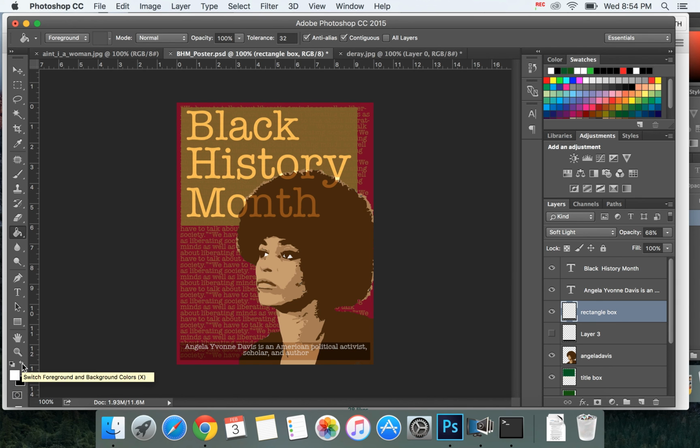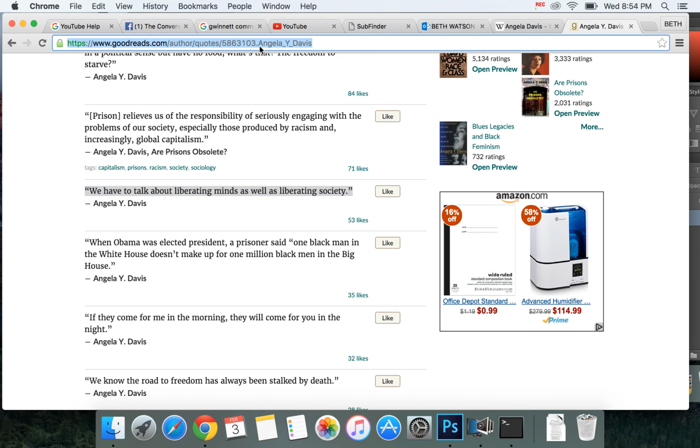Now another keyboard quick key you can use to do the same thing is X on your keyboard. So if you hit X, it'll switch your color swatches back and forth. So with this one, we want white to be in the foreground. And where I got this information was good old Wikipedia. So we'll just jump over there